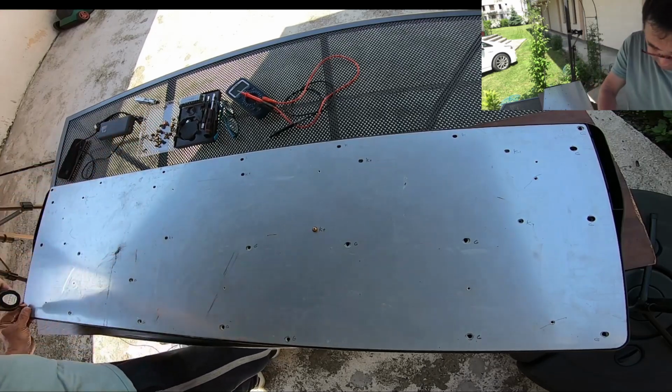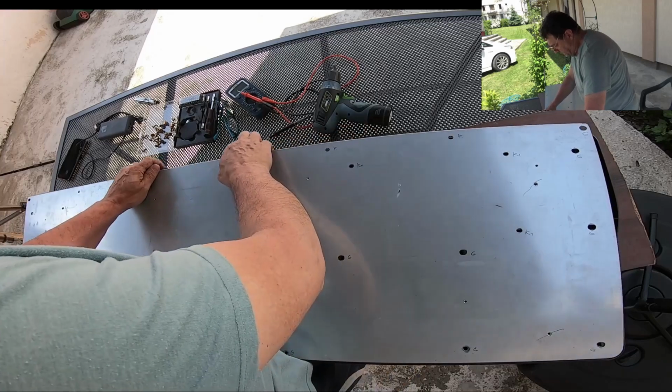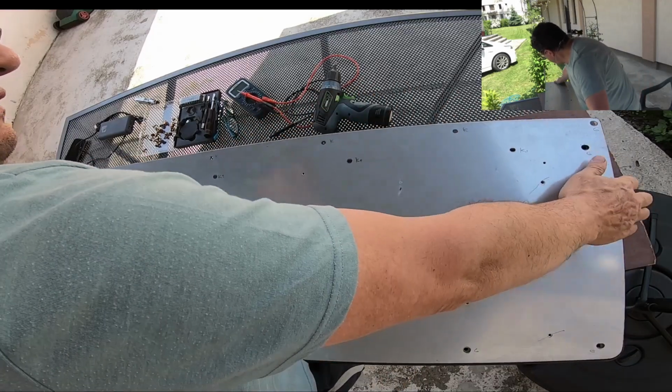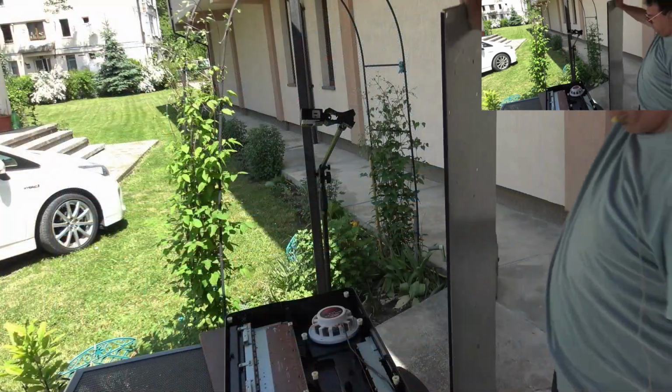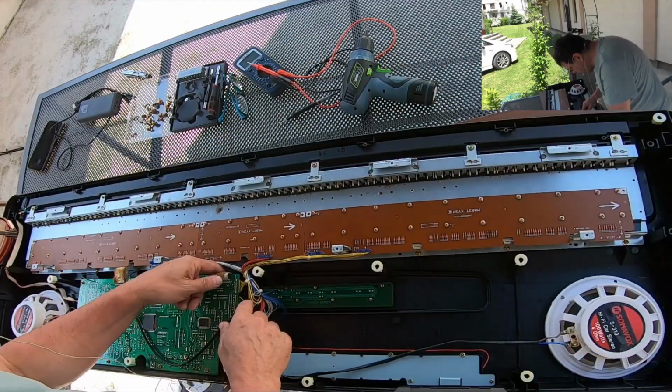That one is broke. There we go. So how is this thing working? Okay, let's get this out. Man, it's heavy. Oh, metal. Are you crazy? What's this? Oh, it should be some...